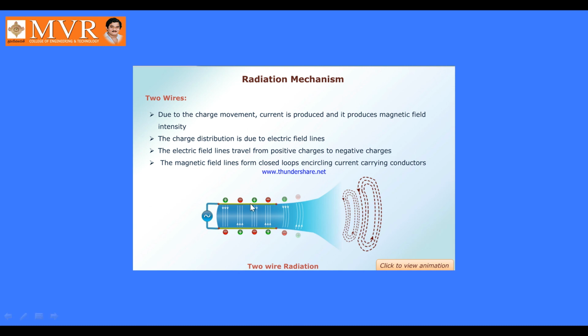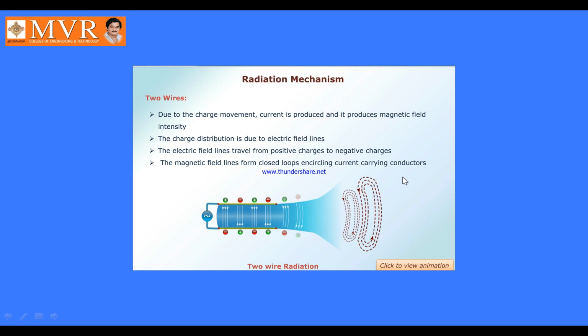You see, it is two wires fed with a center voltage source. One is positive and the other is negative. If one is positive, the other is negative. So the charge distribution is due to electric field lines. Electric field lines travel from positive charges to negative charges. The magnetic field lines form closed loops